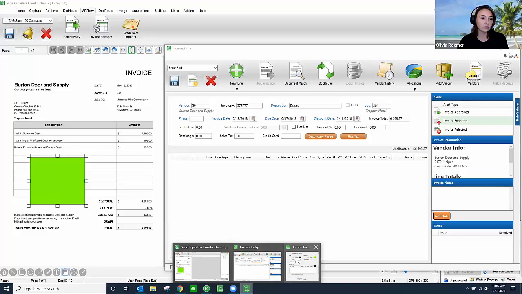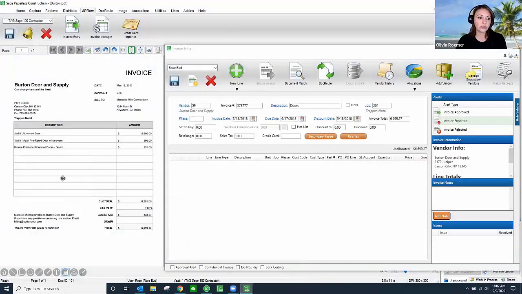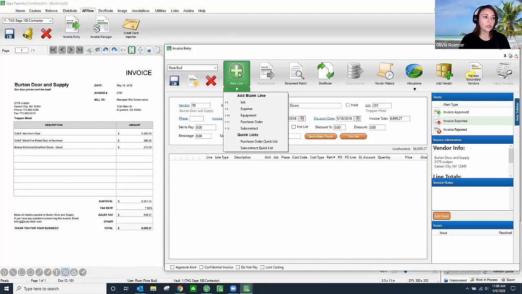You can also use that as well, and you can also create your own custom stamps too. There's also the ability to highlight things, to underline things, to black things out if you want to keep certain information private as well. Okay, so what I'm going to do, because this is invoices in regards to a subcontract